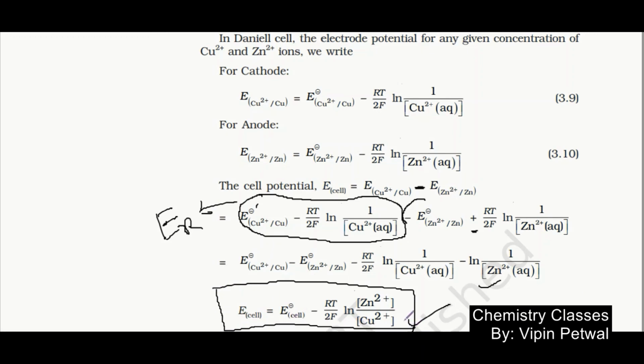So is this clear? This is the concentration of the zinc, means the oxidation half cell concentration, and this is the concentration of the reduction half cell cupric ion. Okay, so this is the Nernst equation we use here. E naught cell has come from where? By this and this. Okay, E naught cell, and this is the complete Nernst equation.